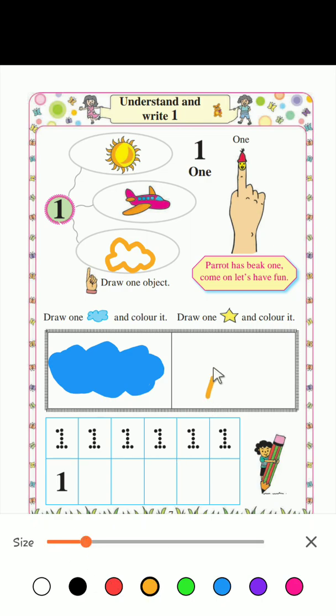Then draw a star and color this. Then in this box you need to write 1. Finish.